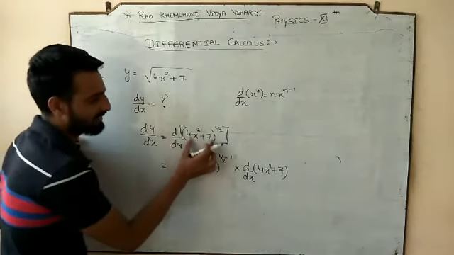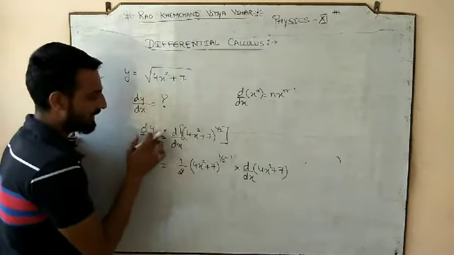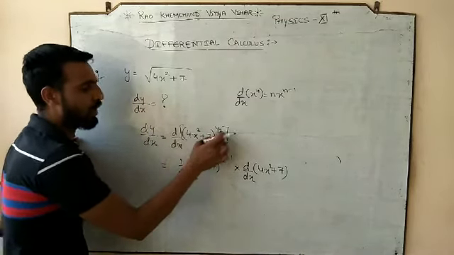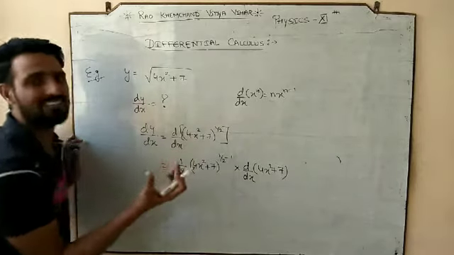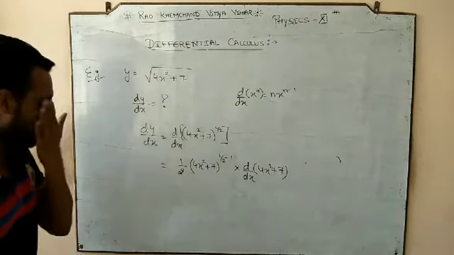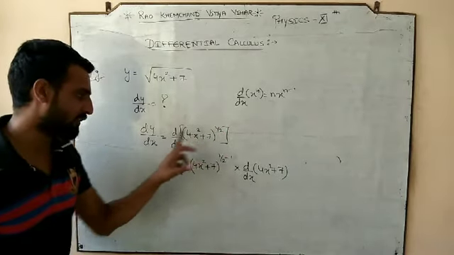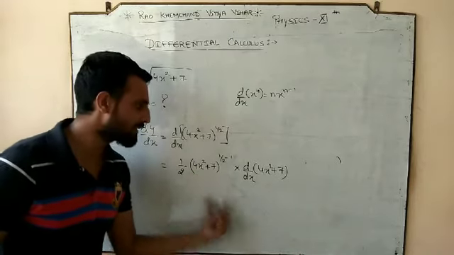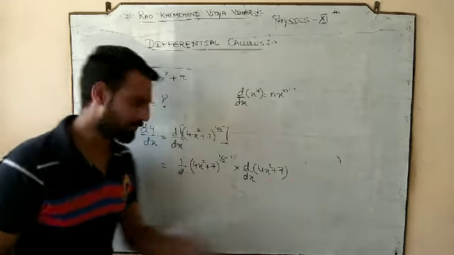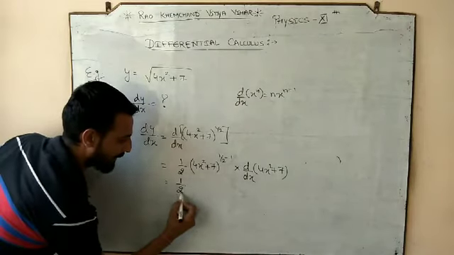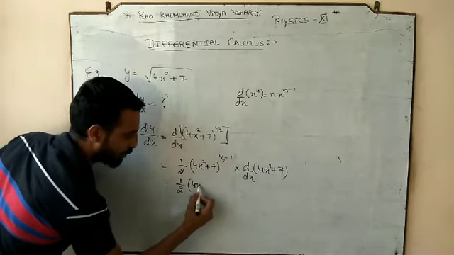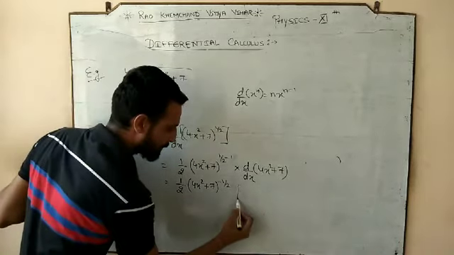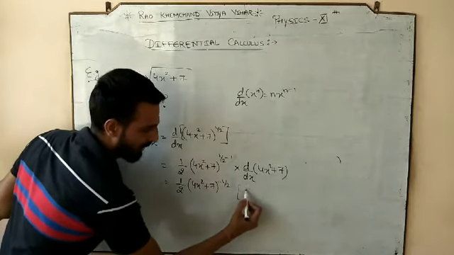Means if you imagine this term as a u, so dy by dx, first of all we are dealing with du by dx. If you take this term as a u or some other quantity, simple. First of all we will solve the power, but once we are solving the power we will not disturb the inner term. Then we will go with the term. So now what is the remaining part? Half minus 1, it would be your what? Negative half.